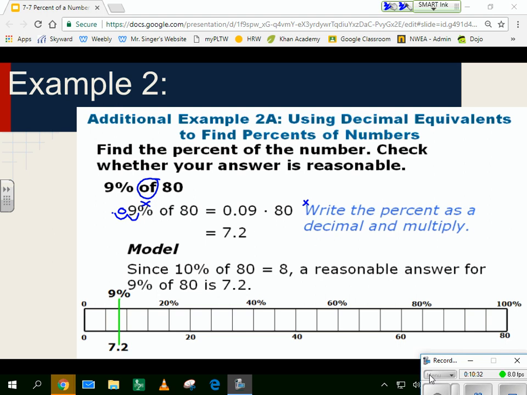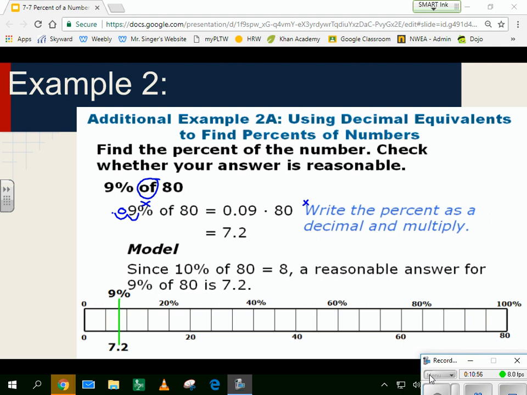Well, 9% is not a very large number, is it? 9 out of 100? That's very far to the left on the number line if we made a percent number line from 0 to 100%. Now we know 100% of something is 80 here in this situation. So if you look, 7.2 is way down there. So it is a reasonable answer that